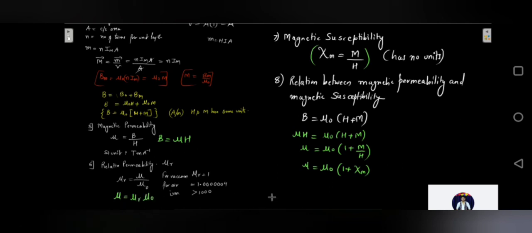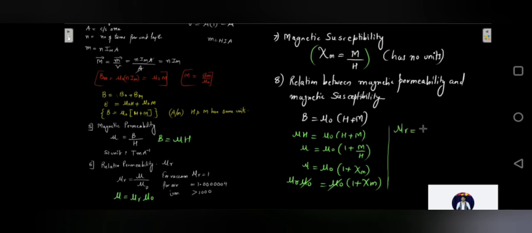So mu r into mu naught is equal to mu naught into 1 plus psi M. Here, mu naught and mu naught will get cancelled, and you can say that mu r is equal to 1 plus psi M. These are again some of the important